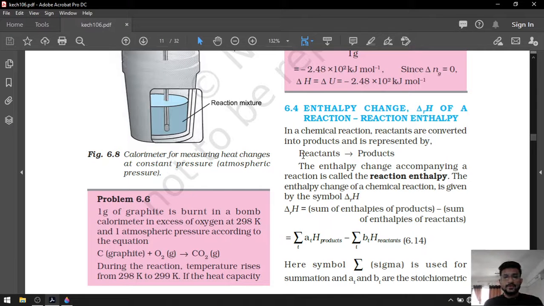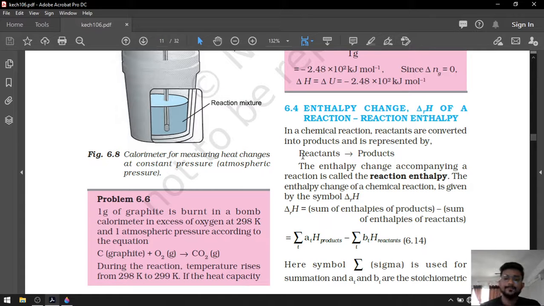Good morning, students. In the previous lecture of thermodynamics, we derived a new formula for the enthalpy. After that, we discussed extensive properties and intensive properties. From them, we discussed heat capacity. A total of 3 different types of heat capacities were there. After that, we solved one numerical.